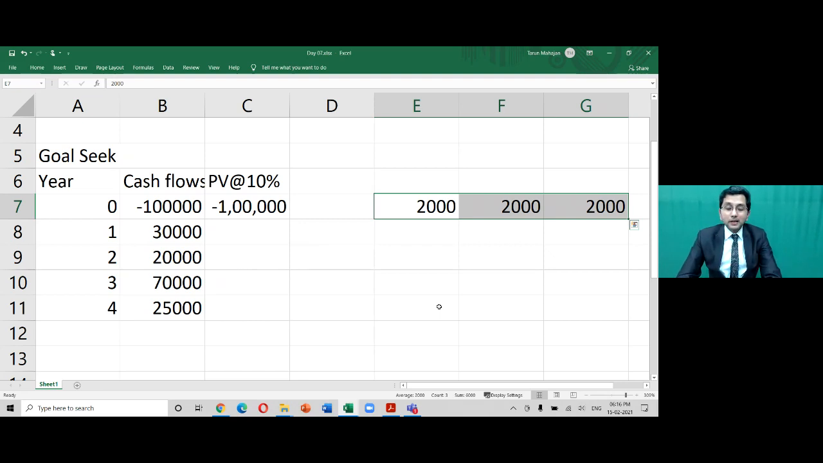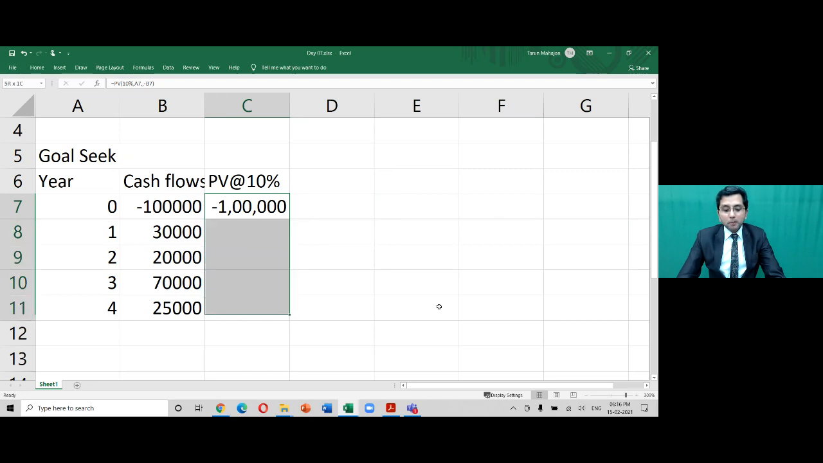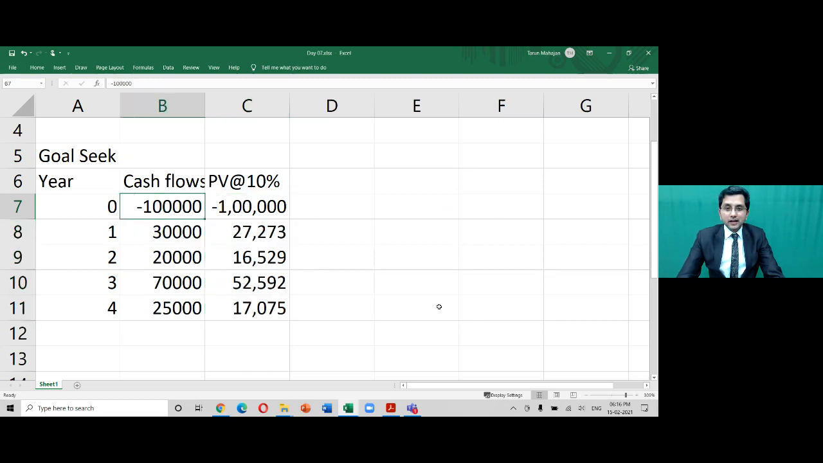Control R copies the content of the cell towards the right side and Control D copies the content of the cell towards the downside. So I want to copy down this formula, so I'll do Control D. This is the present value of all cash flows. Then Alt equal to will give me a sum total of all present values. And now you can see here that NPV is